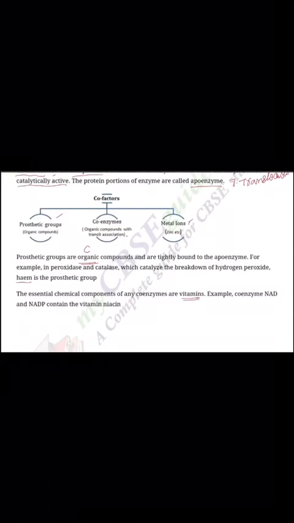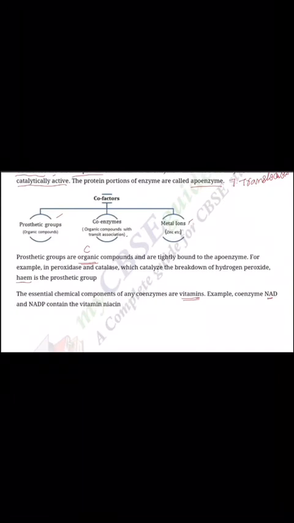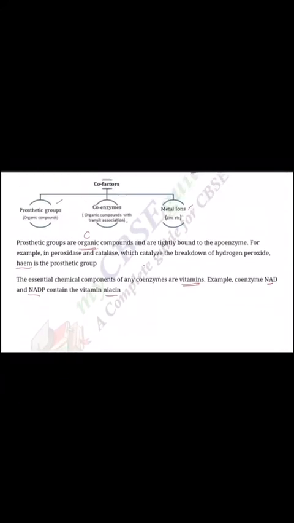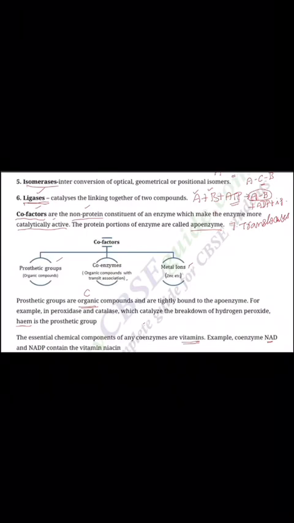The essential chemical components of any coenzymes are vitamins. Example, coenzyme NAD, nicotinamide adenine dinucleotide. NAD and NADP contain vitamin niacin. So this is how the enzymes are classified, and there is a combination of protein as well as non-protein, which is called cofactor. And every enzyme having a link with the substrate, and we call that mechanism as lock and